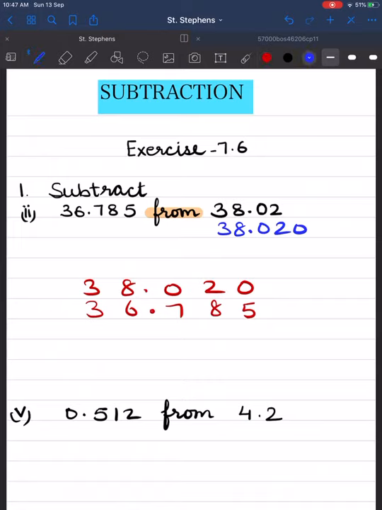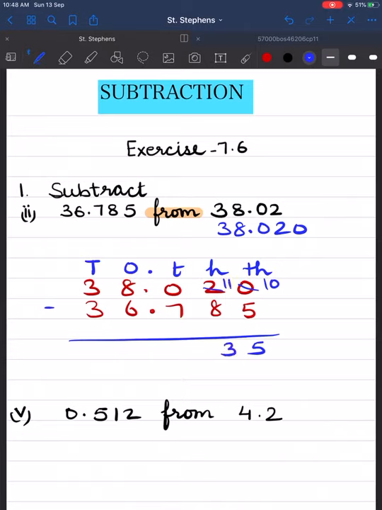So here to the left of the decimal point we have ones, tens, and to the right of the decimal point we have tenths, hundredths, thousandths. Now let's subtract. So here 10 minus 5 is 5, 11 minus 8 is 3, 9 minus 7 is 2, we write decimal below decimal, 7 minus 6 is 1, and 3 minus 3 is 0. So we get 1.235. Let's do fifth part.